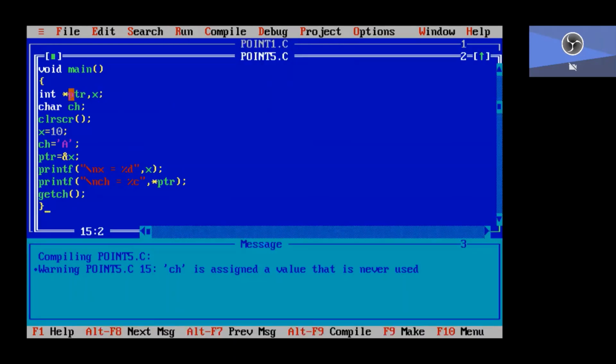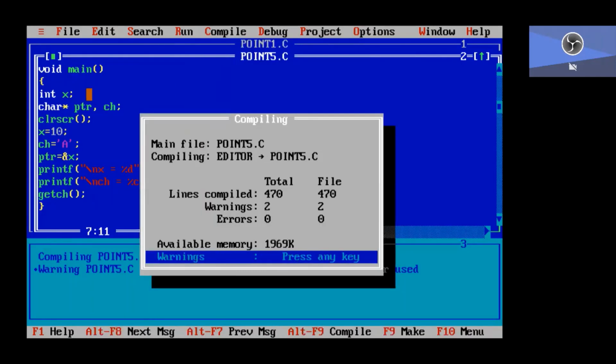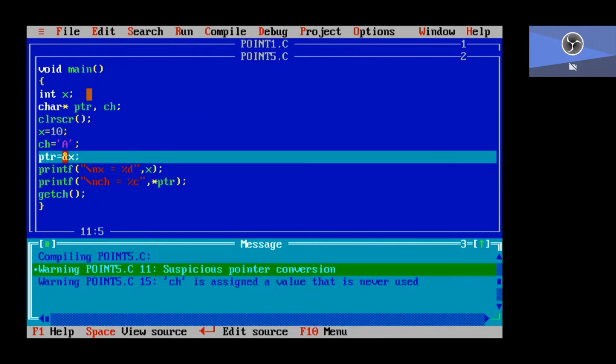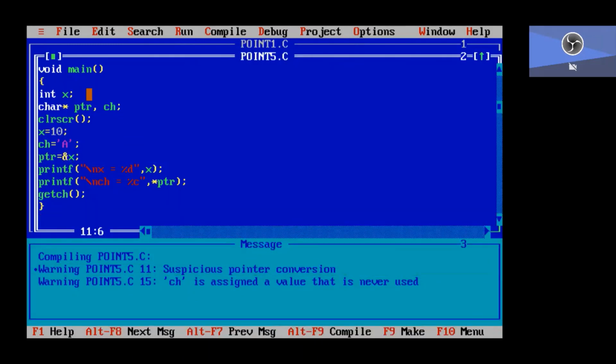If instead of the integer pointer I declare a char pointer, char asterisk ptr, we again get a warning because x is an integer and ptr is a character pointer.